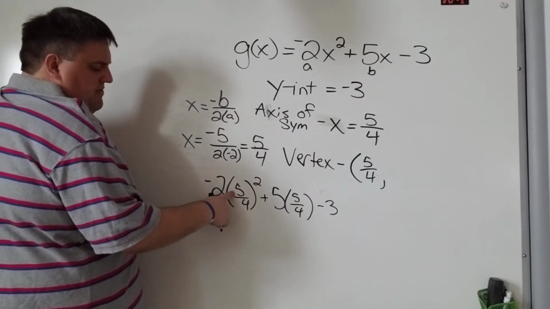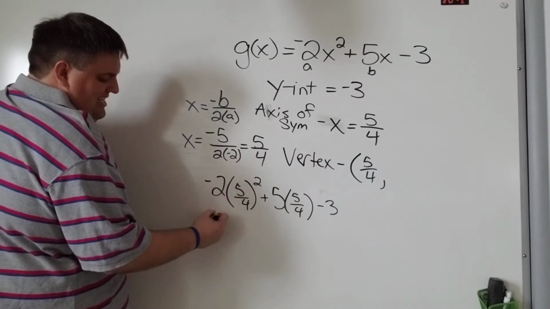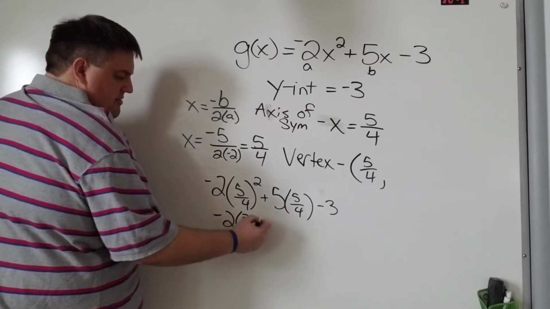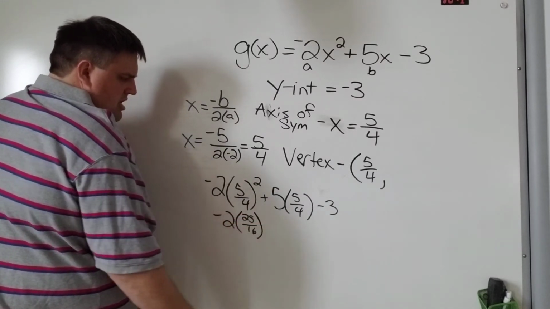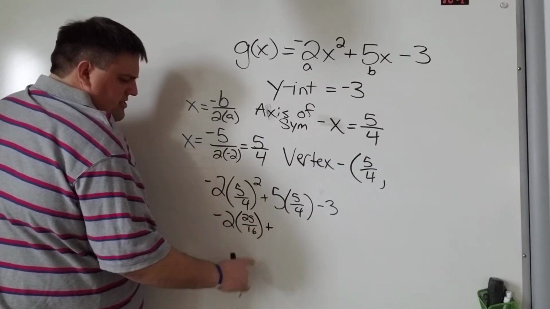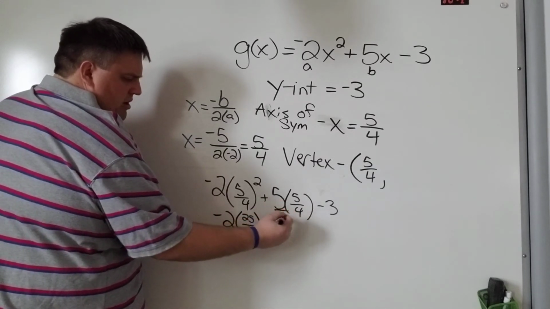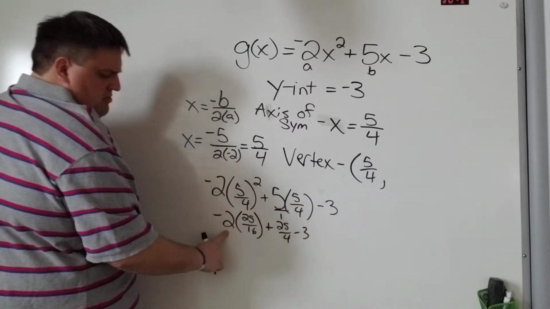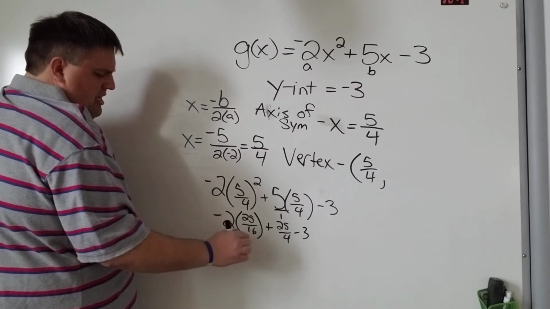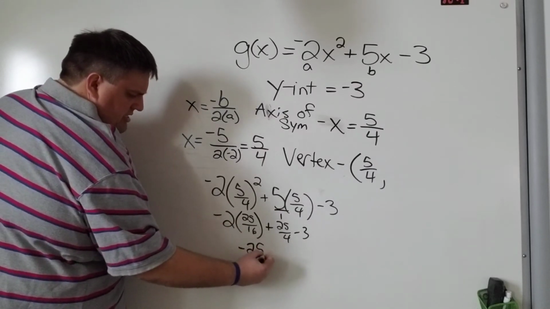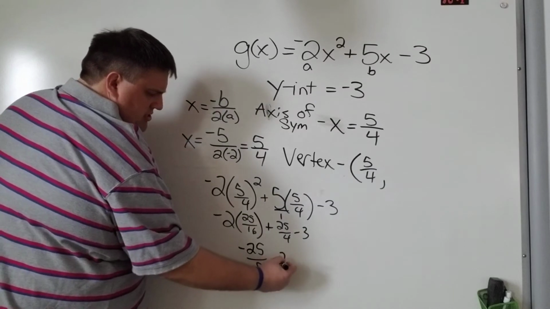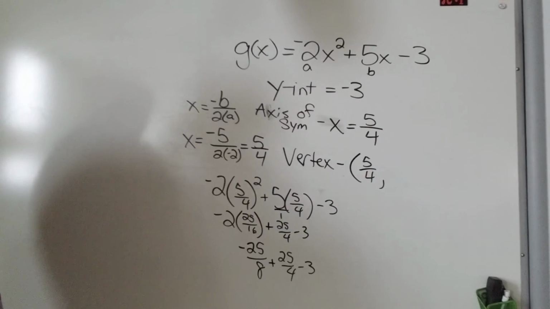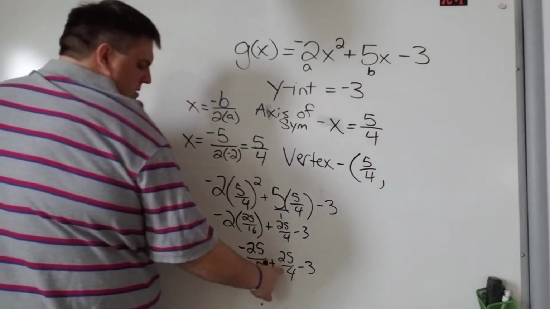All right, so 5 times 5 is 25, 4 times 4 is 16. So negative 2 times 25 over 16. I'll make life easy for ourselves. 5 over 1, that's going to be 25 over 4. Minus 3. Multiply this one, that's just going to be negative 25 over 8 plus 25 over 4 minus 3. And actually, common denominators aren't too bad here, right? If we just multiply both of these by 2,